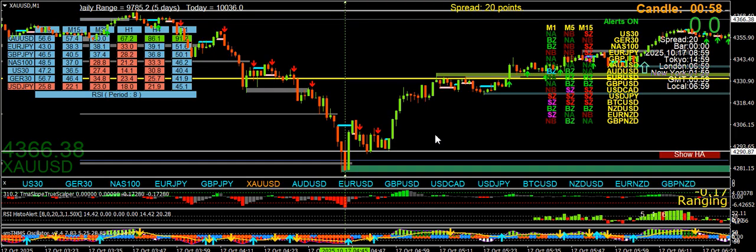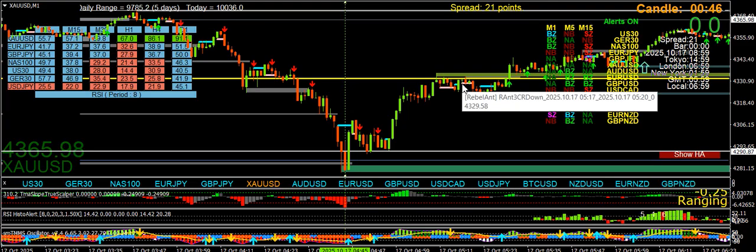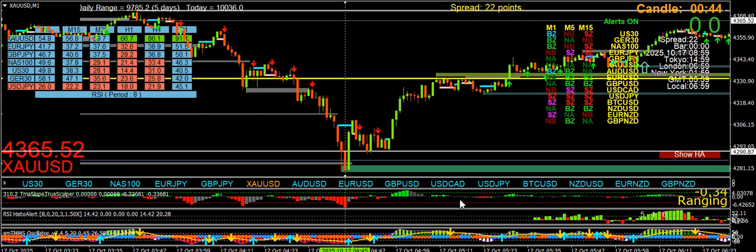I should have got to this early on, and then you wouldn't have had to listen to me ramble. I'm not interested in any of this because it'll be wrong on the M5, and it's wrong here. But all of this sideways, that's all the accumulation, distribution, whatever you want to call it. And then all of a sudden you'll get a